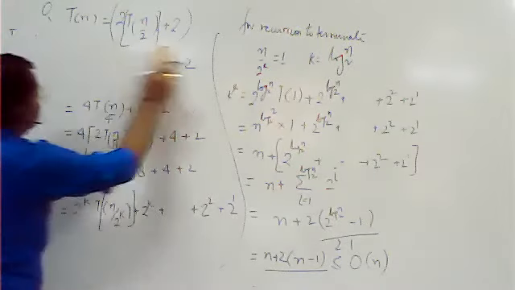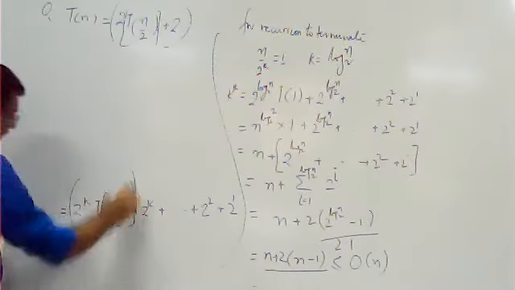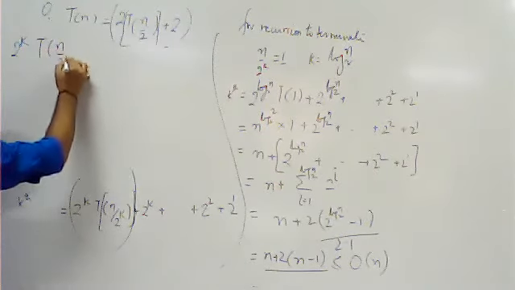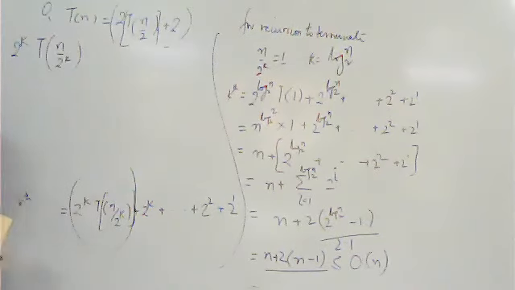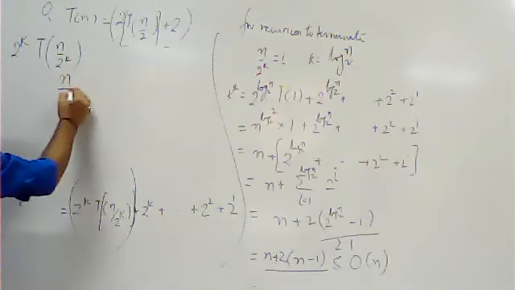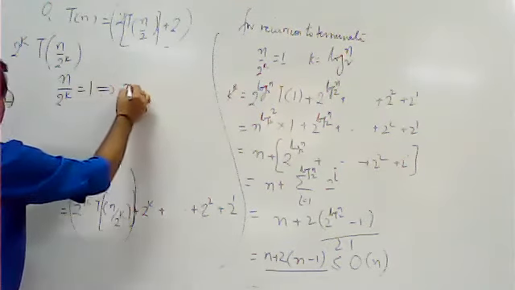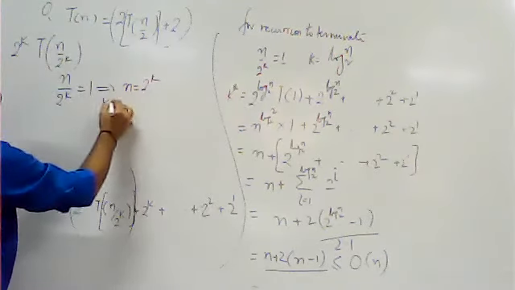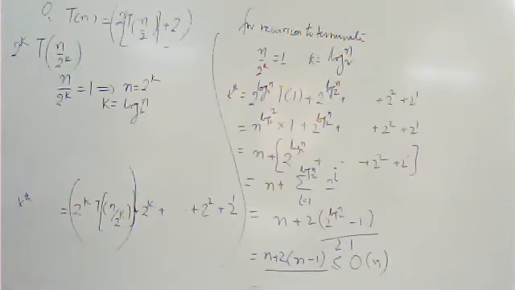Then I will explain you how log works. So see here, this term we are evaluating. So what we are evaluating? We are evaluating 2 to power k t n upon 2 to power k. So what I am saying is recursion terminates when here we have 1. So it means n upon 2 to power k is equal to 1. Fine. Which implies n is equal to 2 to power k, and it is a simple formula of log. If you take log, then we'll get k is equal to log of n base 2. Always remember this formula. k is equal to log of n base 2.